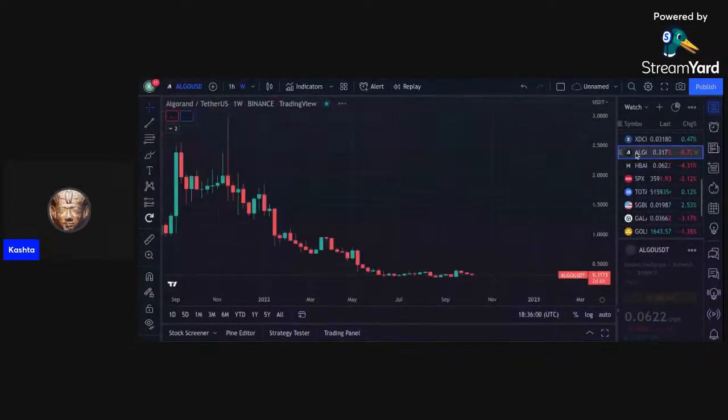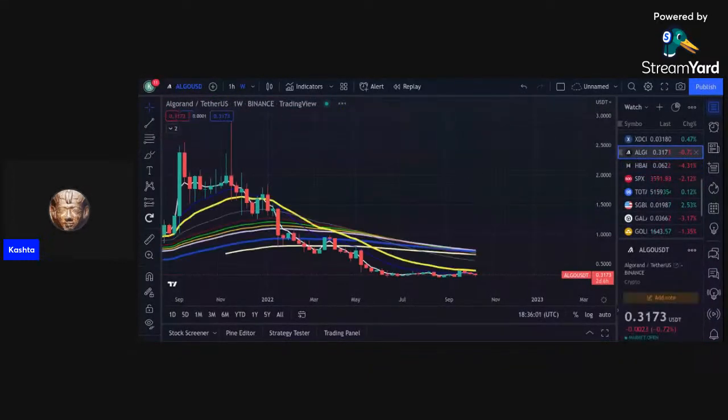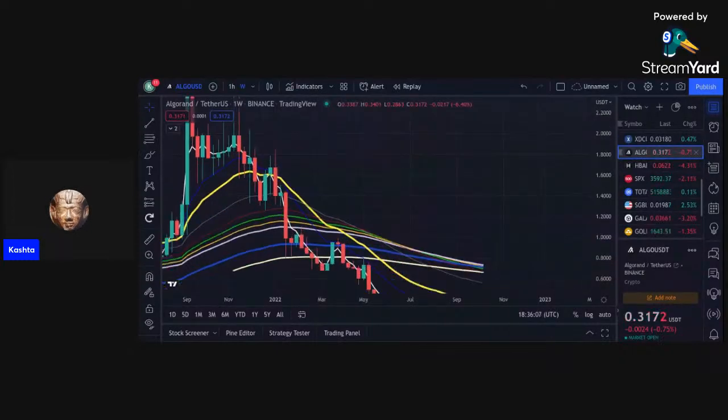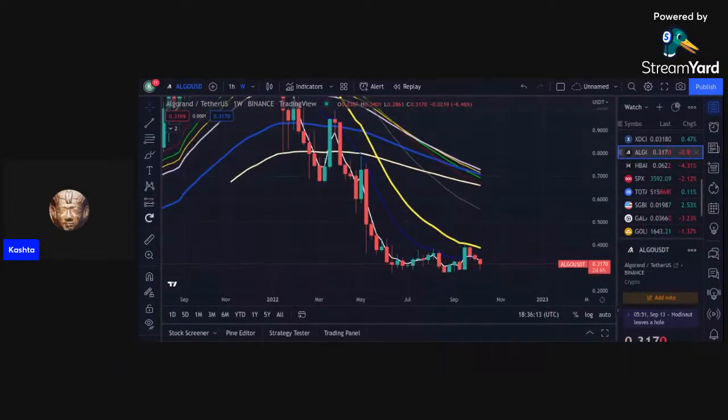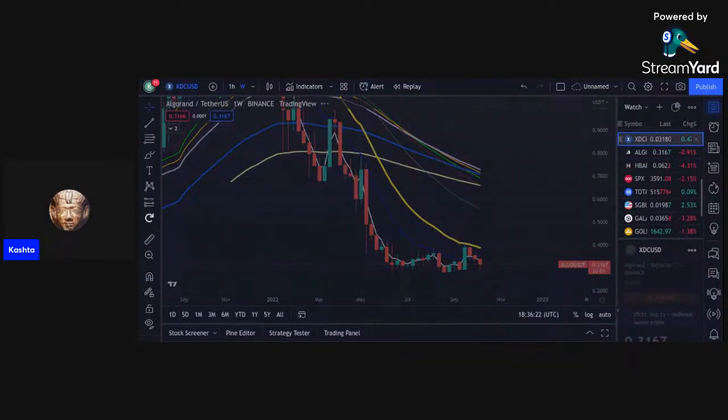I was hunting around for another setup, came here, and said, well, not quite in that pattern with this asset either. This one is ALGO. Stretch that out. It's kind of trending down after its fail of the 19. So that one's not quite ready to go yet. You go to another asset, so you look at XDC,